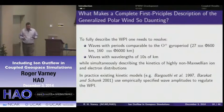What makes a first principles description of all of these processes so daunting is that to really describe wave-particle interactions, you would need to resolve waves with periods comparable to the gyro period, so fractions of a second, with wavelengths of only a few tens of kilometers, while simultaneously describing all of the kinetics of a highly non-Maxwellian ion and electron distribution. And no one does this in practice. The models that I just mentioned are kinetic models of the ions, but they don't do the waves self-consistently. Typically, they take empirically specified wave amplitudes and use those to drive the wave-particle interactions in the model. So a first principles description of everything is not practical at this time, nor will it be anytime